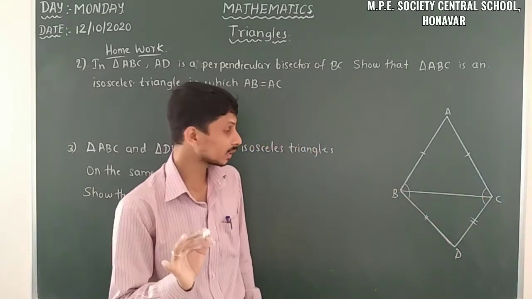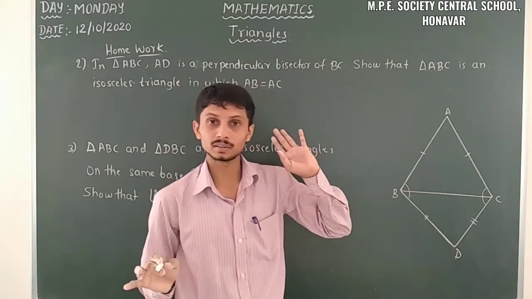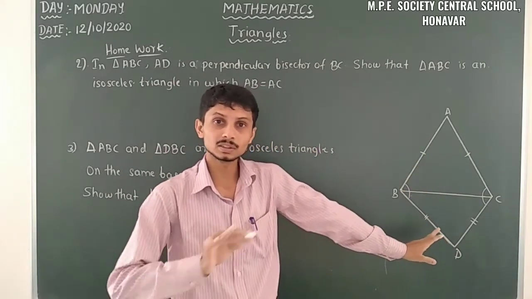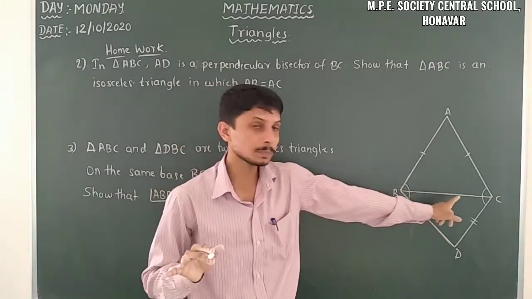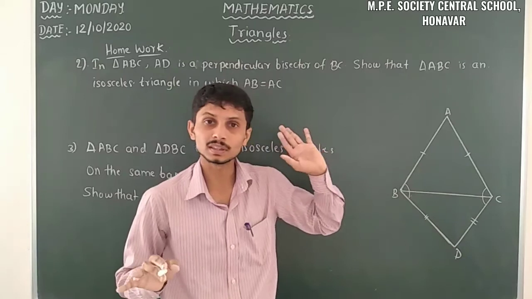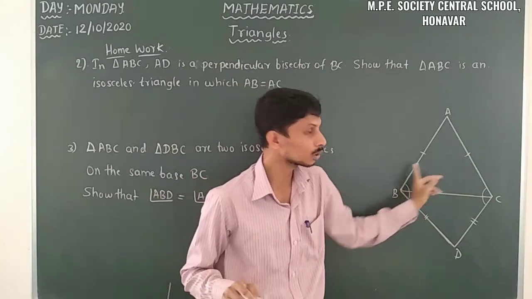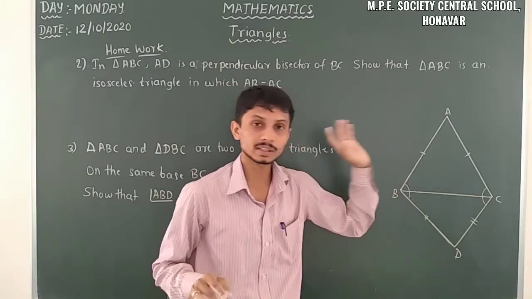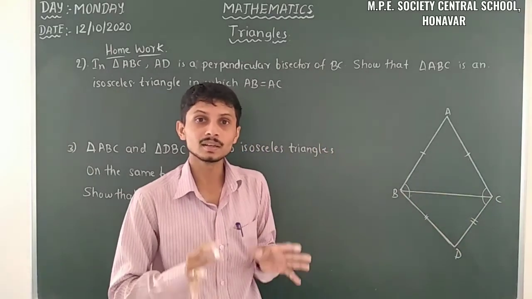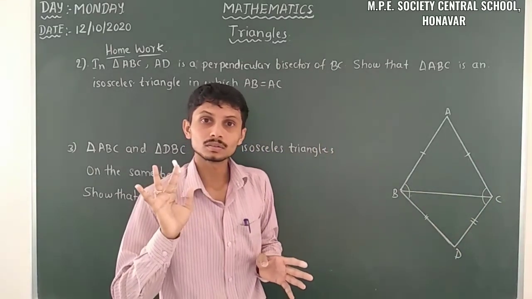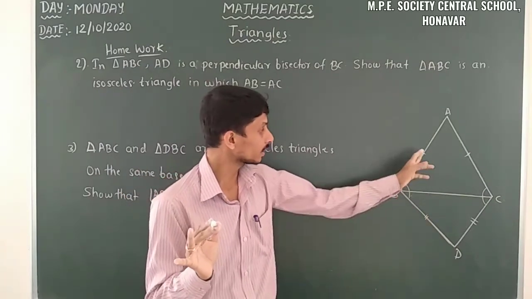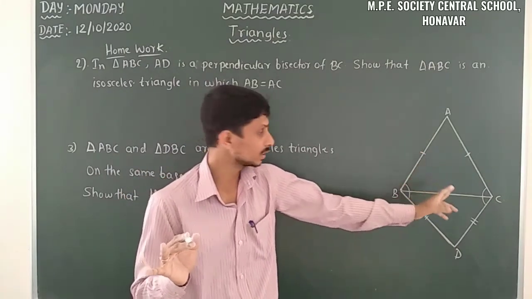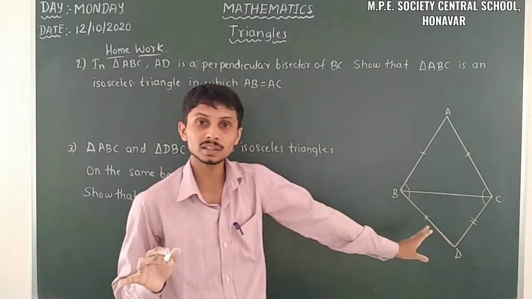When we take these two triangles, it is not possible to take the equalities, because the only possible equality is BC is equal to BC. There is no other equality. In an isosceles triangle we have a pair of sides equal, but here we can't take those as corresponding sides.